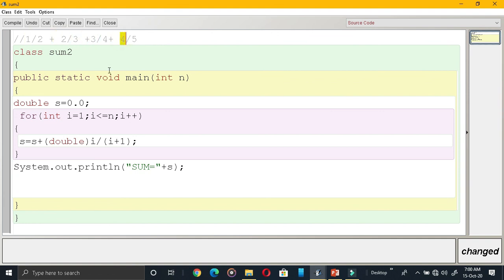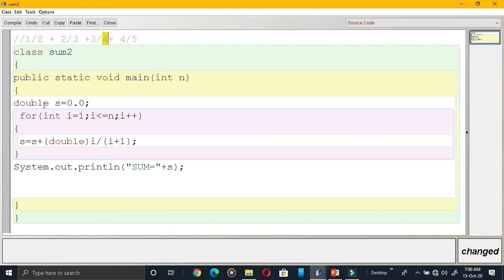If you are running a loop, then I am getting this 1, 2, 3, 4 from the loop itself. Whatever is here, it's one higher value: 1 plus 1, 2. Here 2 plus 1, 3. Then 3 plus 1, 4. So I plus 1 will be the denominator and I will be the numerator.